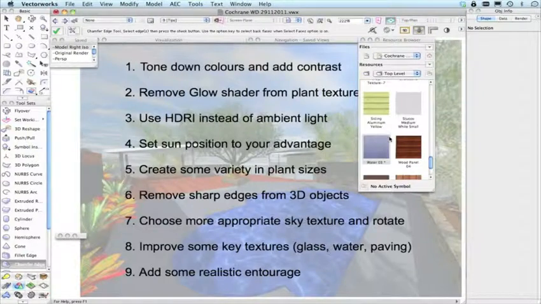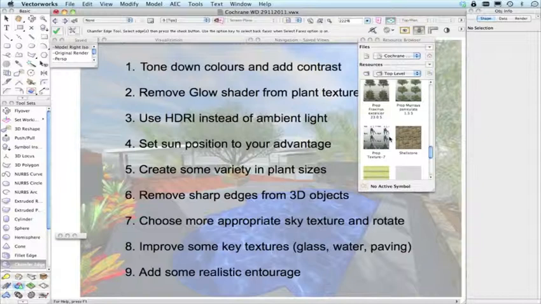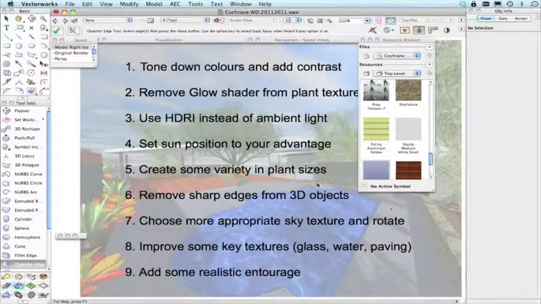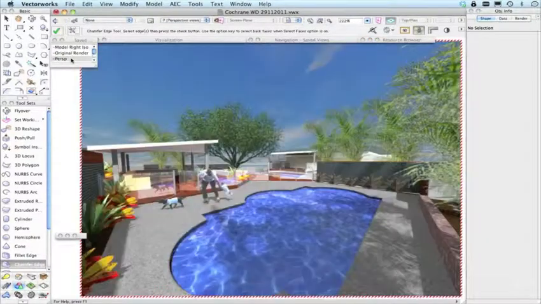And for the paving, I'm trying to remember what we did for the paving. Basically I just added a texture for the paving here that was something other than just grey. And finally I added some Entourage, and it's up to you to get that and put in something that's appropriate. So if we then look at ultimately what I came up with,